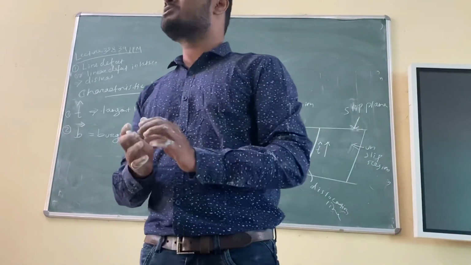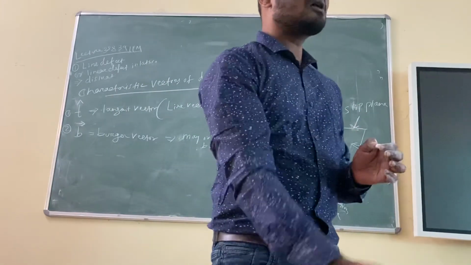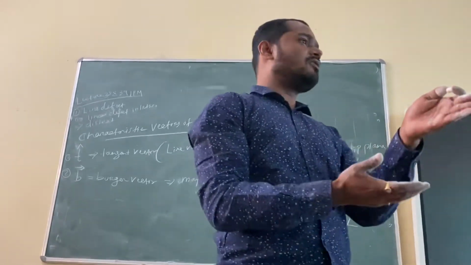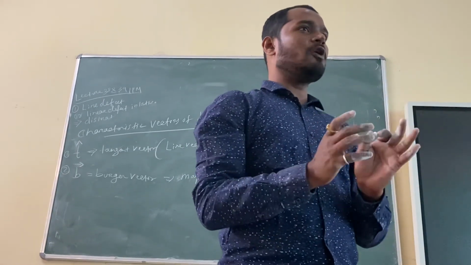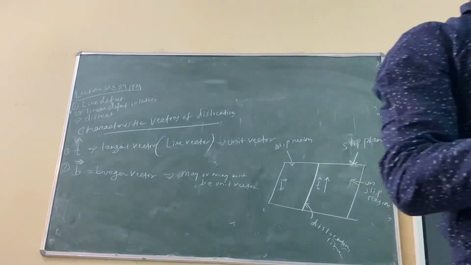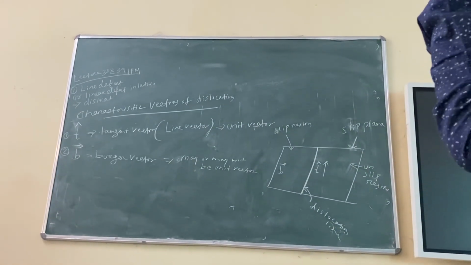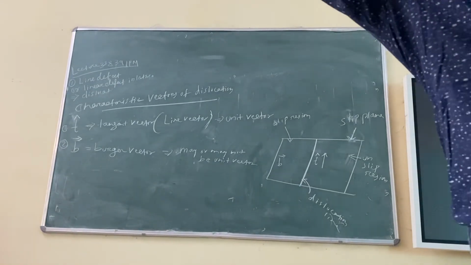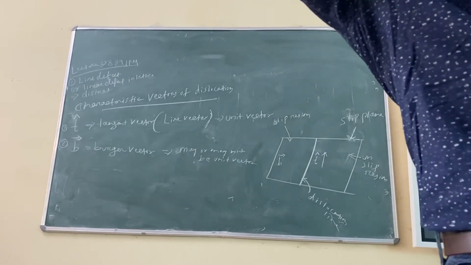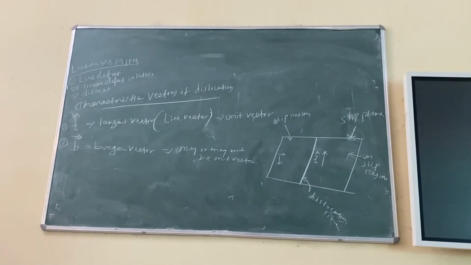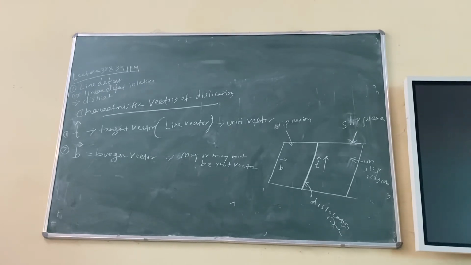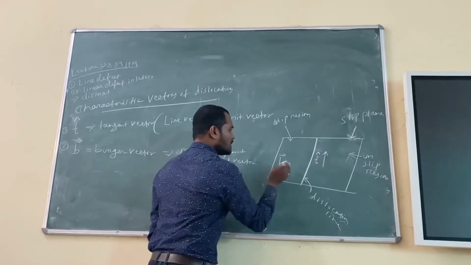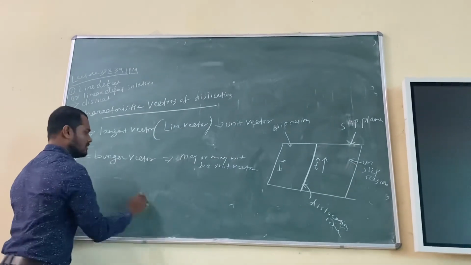If it will move to the full atomic distance, what will happen? It will join to the new complete line, right? But if it will move to a half atomic distance, it will remain hanging, right? You understood my point? If the extra half plane of atom is moving one complete magnitude or one atomic distance, it will join to the new line, but it will come out. You understand my point? New dislocation will come out, right? But if it will move a half atomic distance, it will remain as hanging. Yes or no? Right? So, for example, okay, let me show you if you are getting confused.